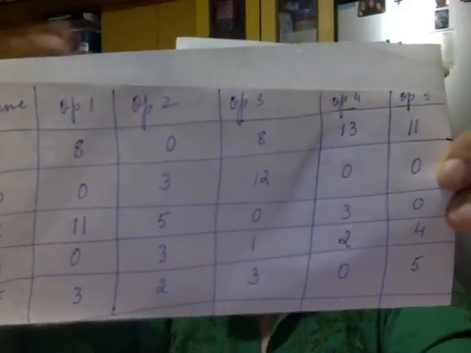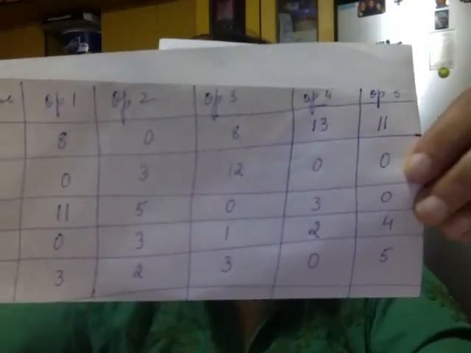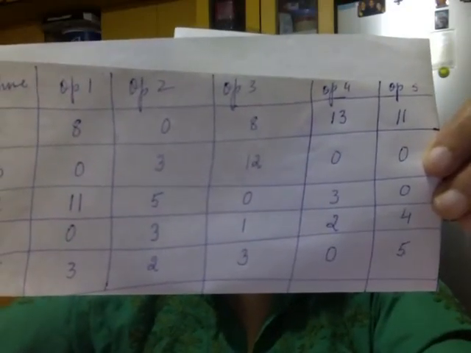Alright. Now what do we do? We again do the row subtraction and the column subtraction. Look at the first row. It has zeros, we can't do anything. Look at the second row, it has zeros, we can't do anything. Third row, fourth row, all have zeros. So we have to allot now.